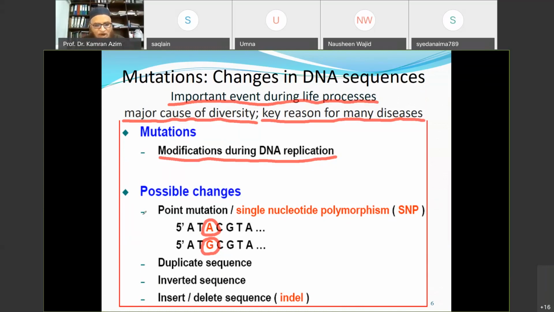Another mutation which can occur in DNA sequences is called a duplication, in which one sequence is duplicated after the sequence. Say, for example, if we have A and C and T, for example, ACT, when A,